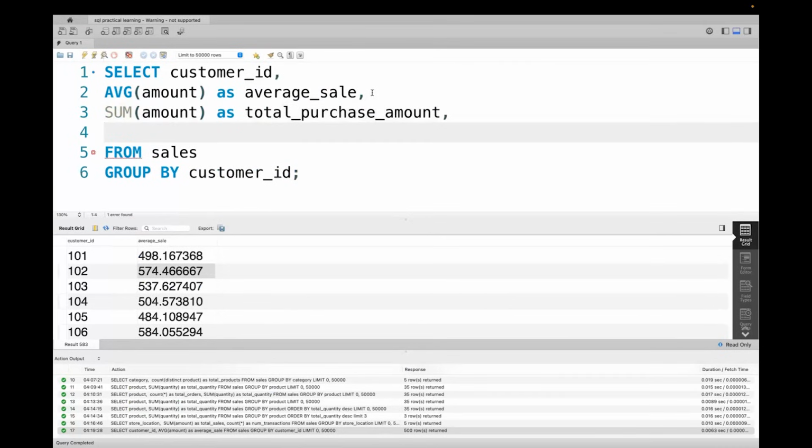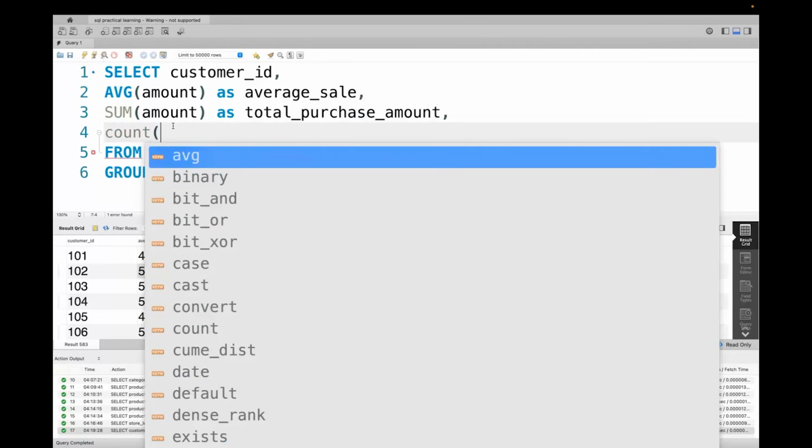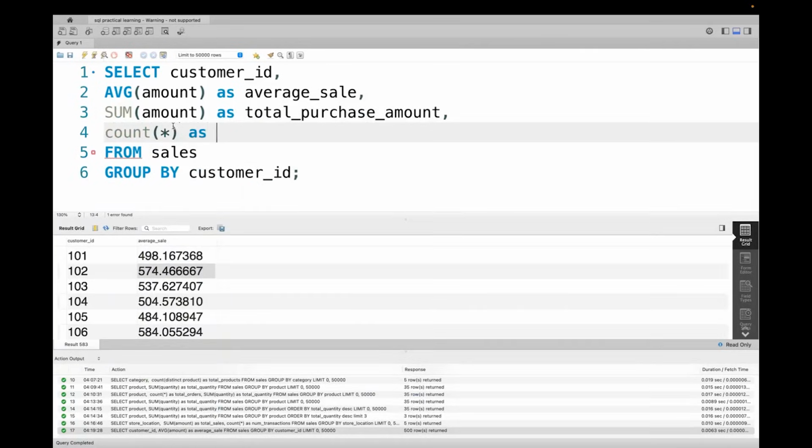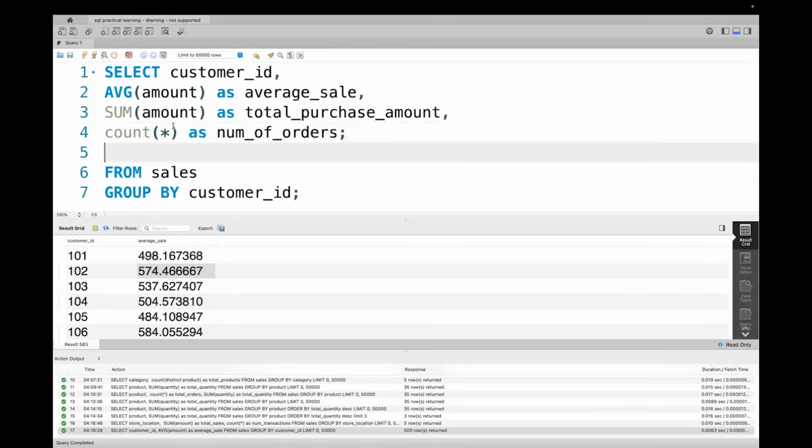And then I can find the count also, count of total number of transactions a person has made, count star as number of orders, number of orders each person has placed, right? And then I can basically divide this sum amount divided by count star, as I can say